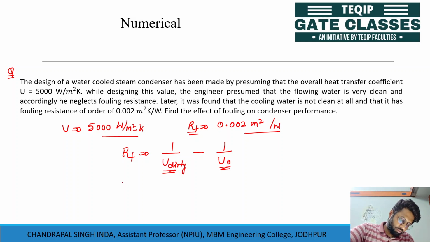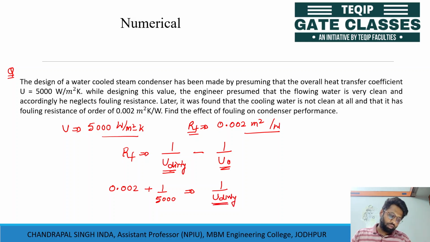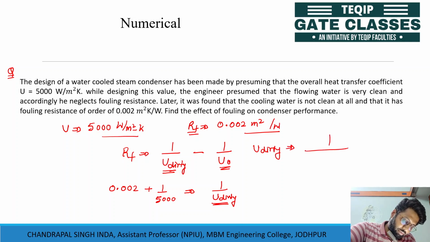So we will have 0.0002 plus 1 by 5000 equal to 1 by U dirty, and the value of U dirty will be equal to 1 divided by,